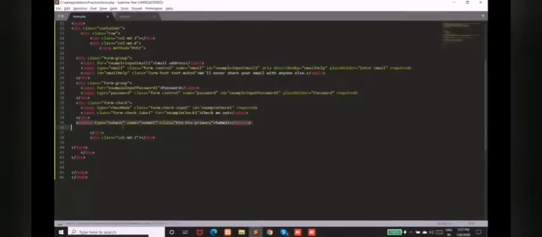Here is a button, its type is submit and its name is also submit, so its value is also submit. It will carry the name submit. By default it can also carry the name submit, but if there are two or three queries on a specific page, you can use that name attribute. So right now I'm using this.